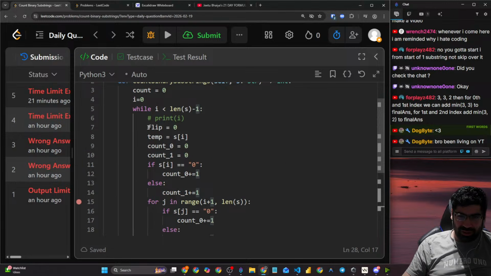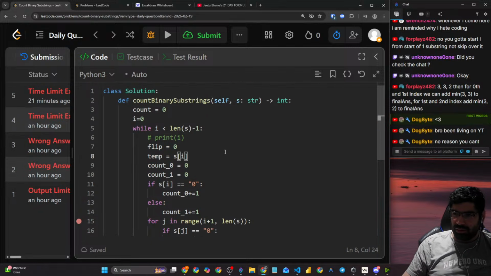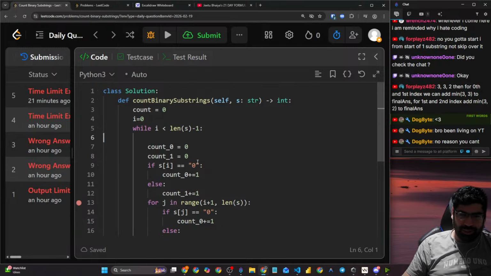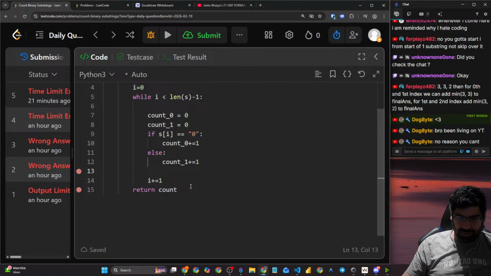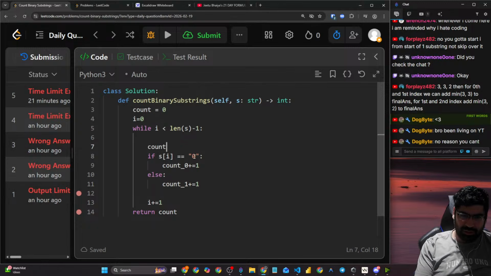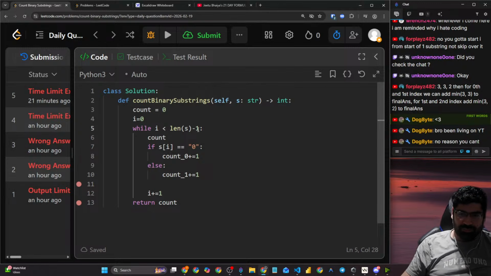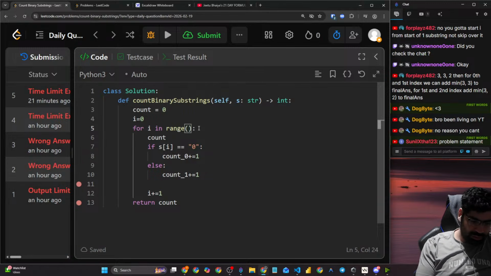So if I go from one here, yeah, need to just be more consistent and more energetic, I will say. So count, I don't need this. I think I just need one count variable. For i in range 0 to